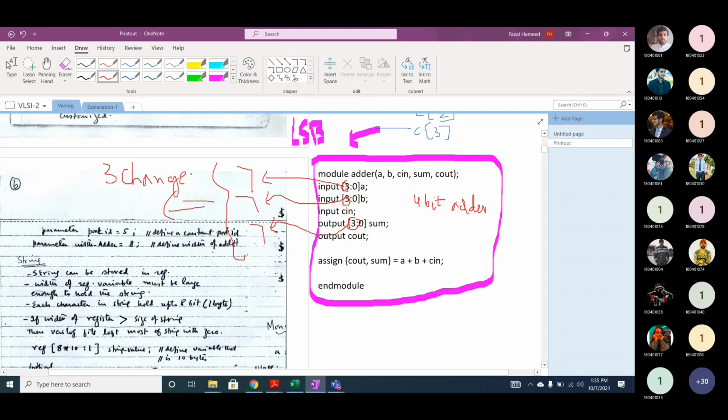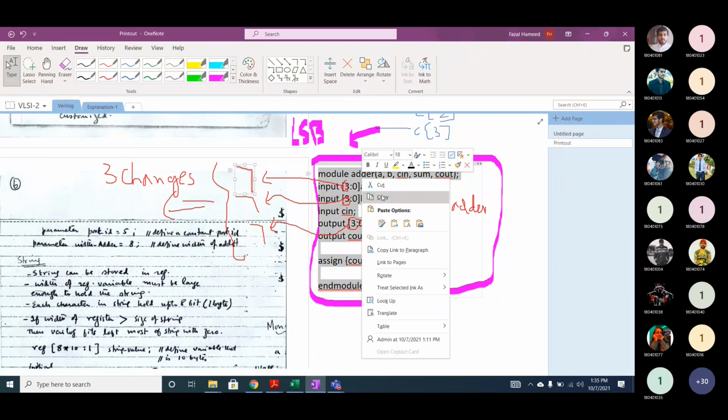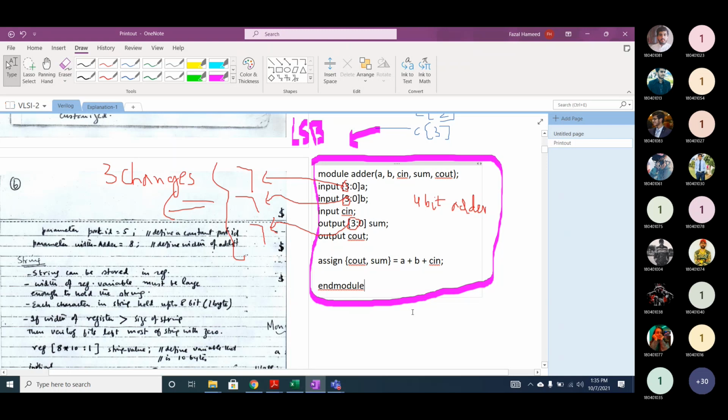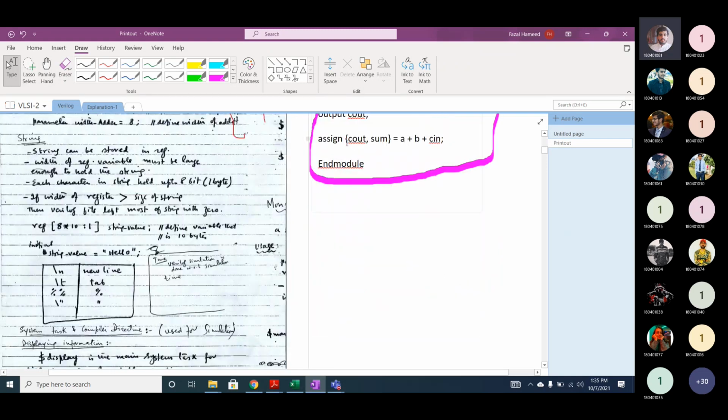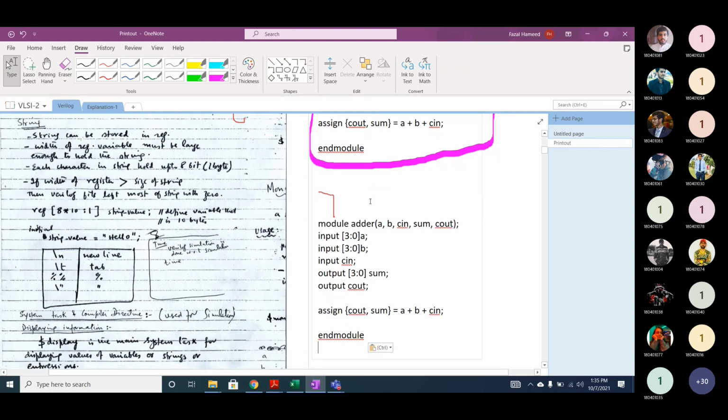How can I solve this problem? I will now give you an example.